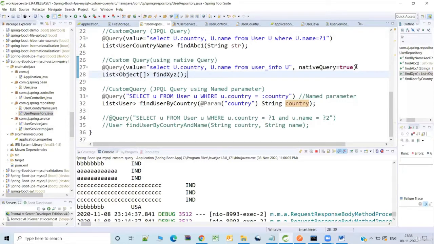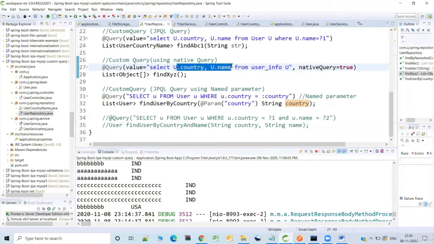As already known, in a native query, I specify native query equal to true, number one. Number two, I'll be specifying here the DB table name and not the entity class name. Here as well, we are using the alias u, and this country and the name are DB column names.